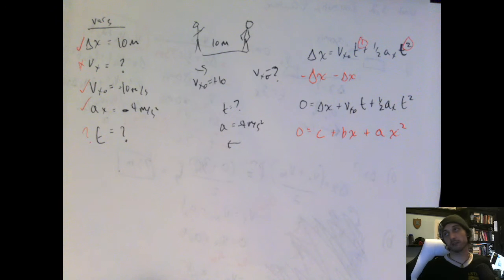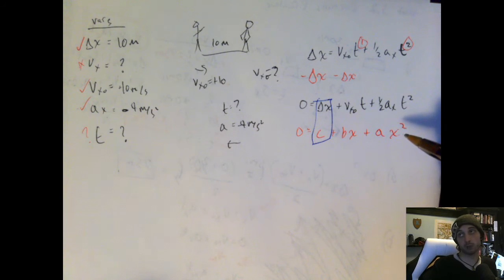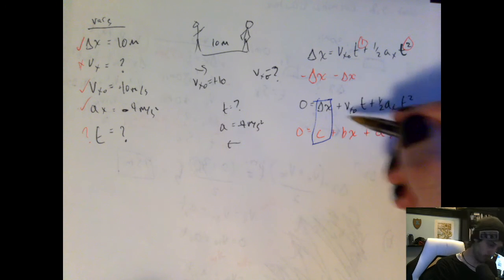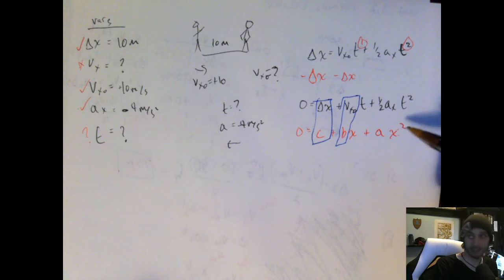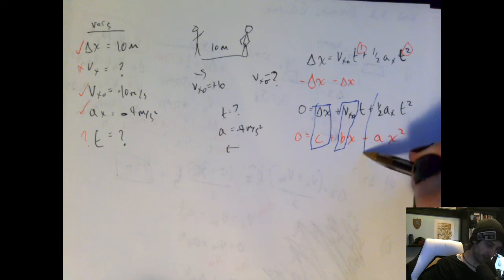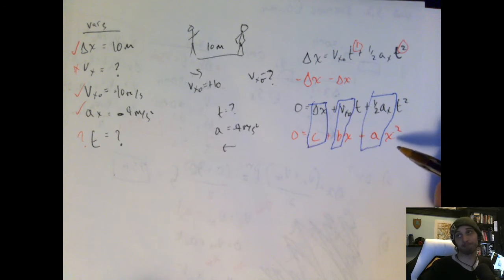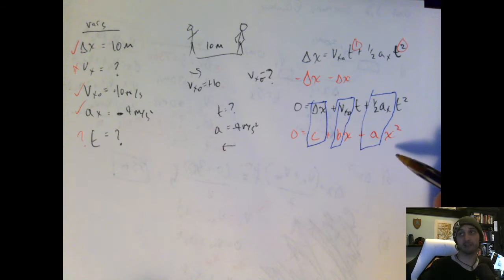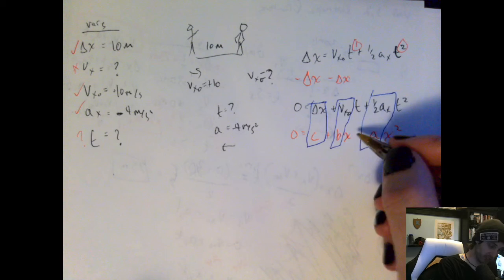So if you want to try to solve the quadratic, whatever thing is free form by itself is c. So delta x is c for this one. Whatever's being multiplied by the variable that gets squared, that's b. So Vx naught is b for this one. Whatever's being multiplied by the variable that is squared is a. So 1/2 ax is a for this one. Quadratic formula is that x, which in this case is t,